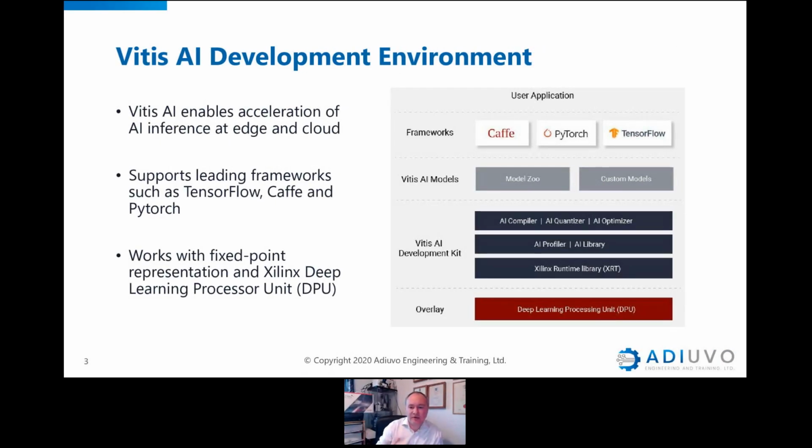So let's take a look now at a little bit more at where we're going and what we're doing. We can start really starting at the top. We have this AI development environment, and that really allows us to accelerate AI inference applications both in the edge and the cloud. And to do that, we can work with the really popular frameworks. So we can work with Caffe, we can work with PyTorch, we can work with TensorFlow, and we can use those really common industry standard frameworks to create applications and to drive them forward,